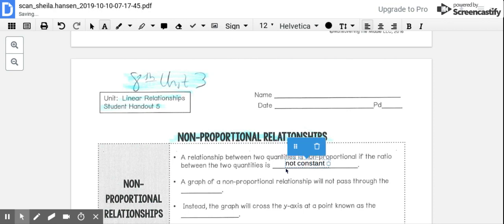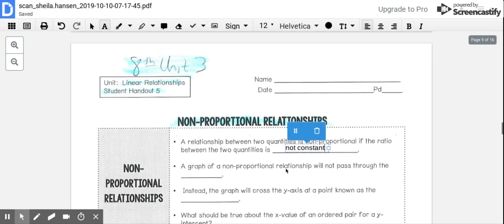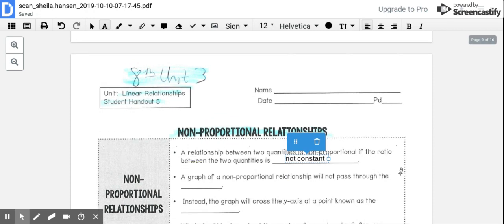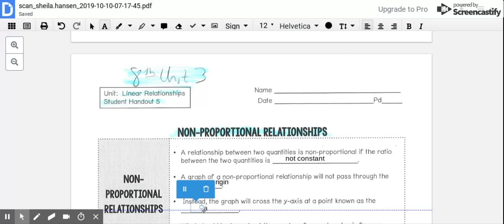So on a graph, well, let's talk about a chart. If you had a chart and you did y divided by x on each row, they're not all going to end up with the same number. If you had a graph, it will not pass through the origin, or it might, and it's a curvy line. But on these, it should all be straight lines. And then instead, the graph will cross the y-axis at the point called the